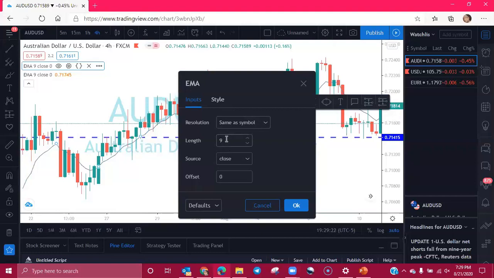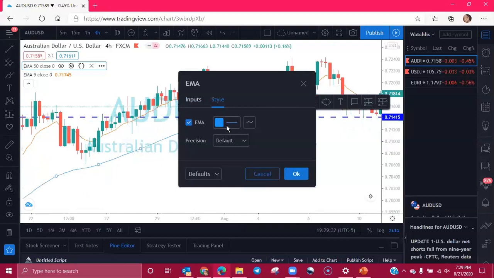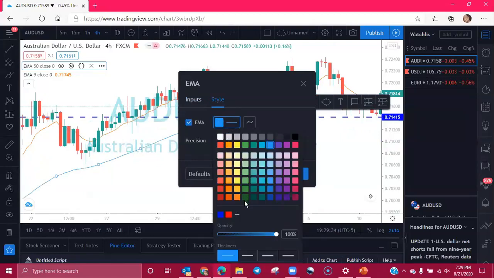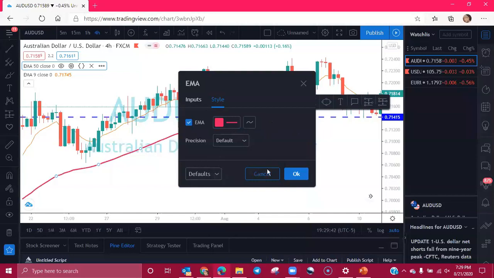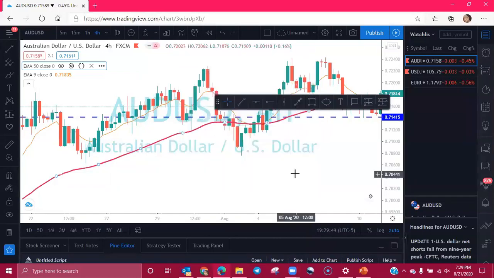So let's say we want to change this from a 9 EMA to a 50 EMA. You will put in 50 there. You can then go over to style, and you can change the color. Say we want to make that pink, and we want to make it a thicker line. Now we've completed our settings, and we click OK. And now we have our 50 EMA.